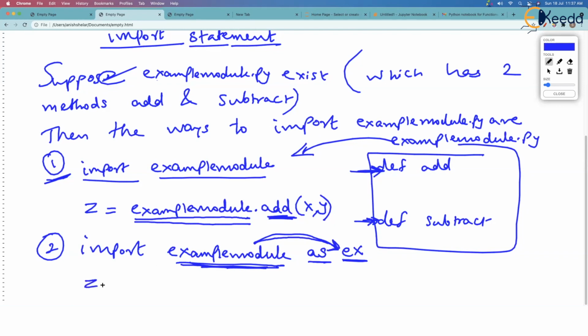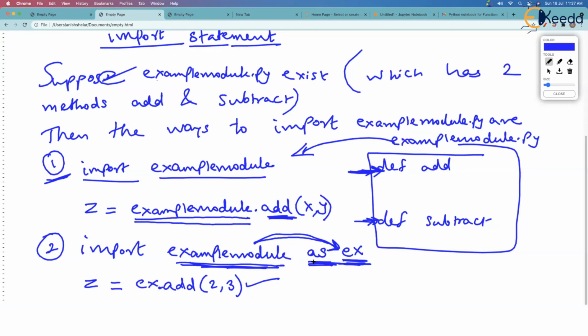So now we can call the function as z is equal to ex.add 2, 3. Still, the same function which is add defined in example module will be called. But our life becomes easier now. So this is optional, but many programmers use this.